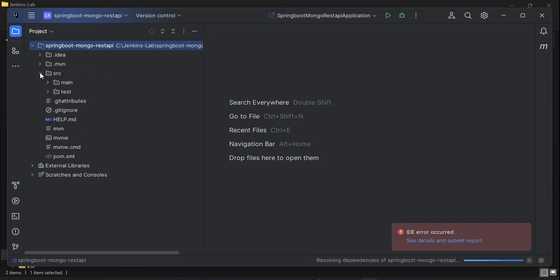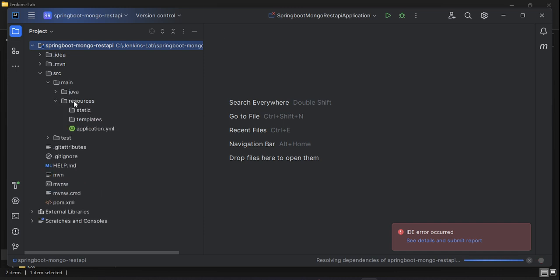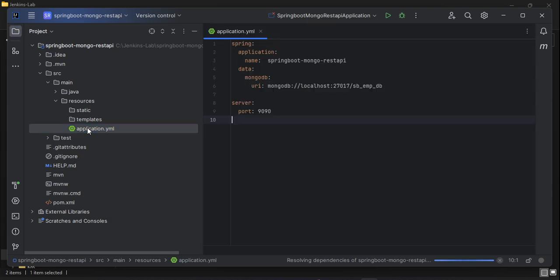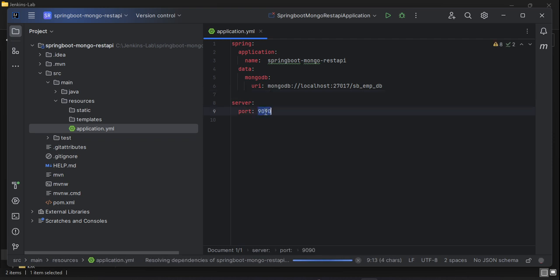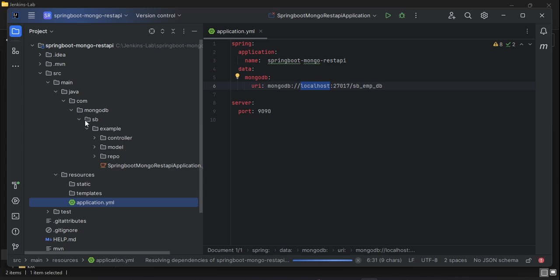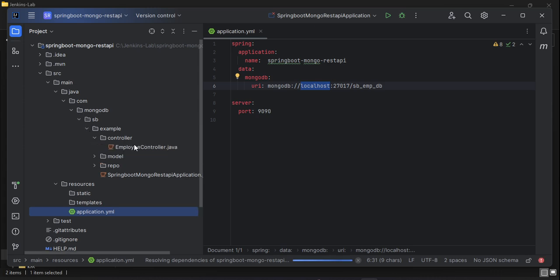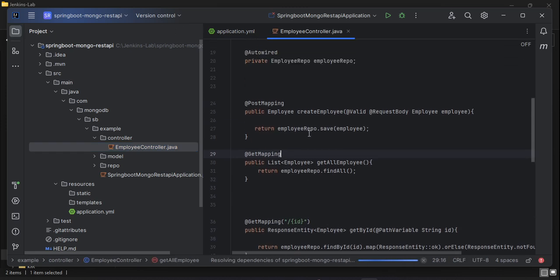If I go to the project directory, the src folder, you will see the resource folder. Here is the application YAML file. In here I have added the server port number as well as the MongoDB server information, the MongoDB server URL. Now if I go to the Java folder, here in the controller you can see I have created